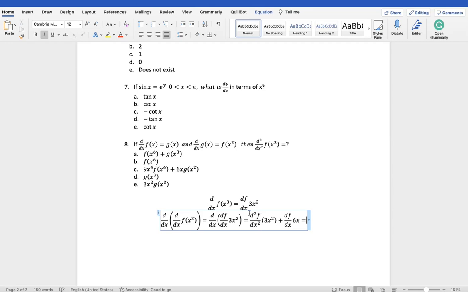Here, the first section is asking us for the second derivative of our function f. But we were already given, what were we given? We were given that our function,